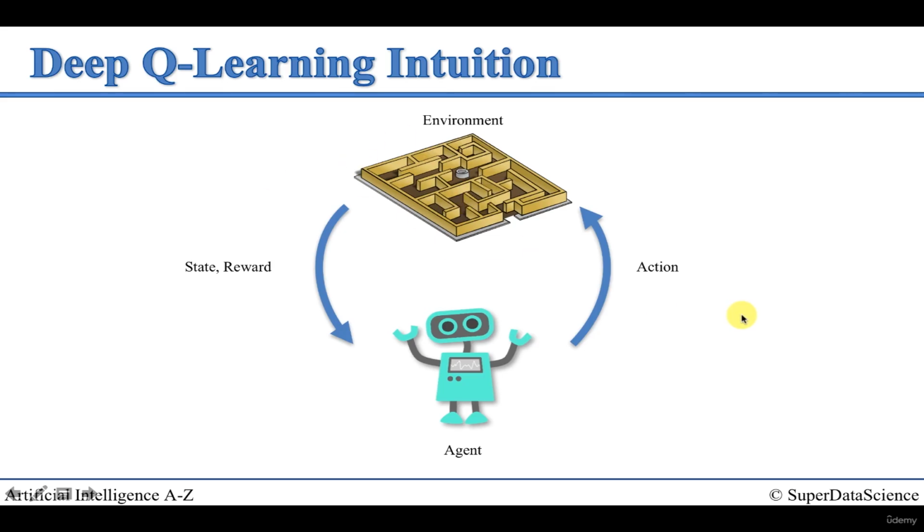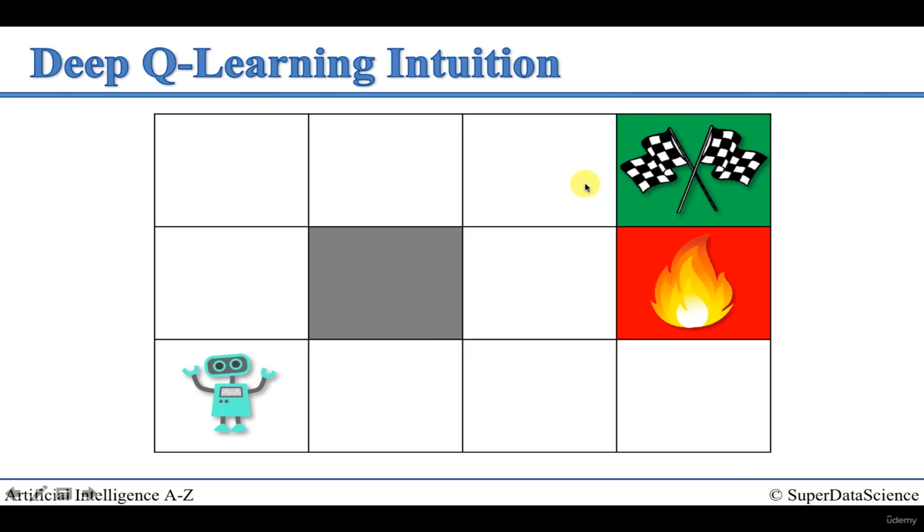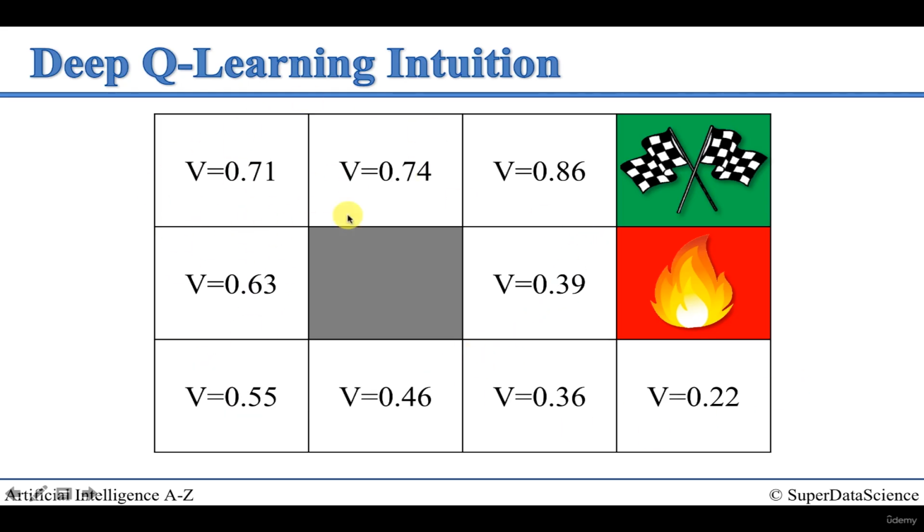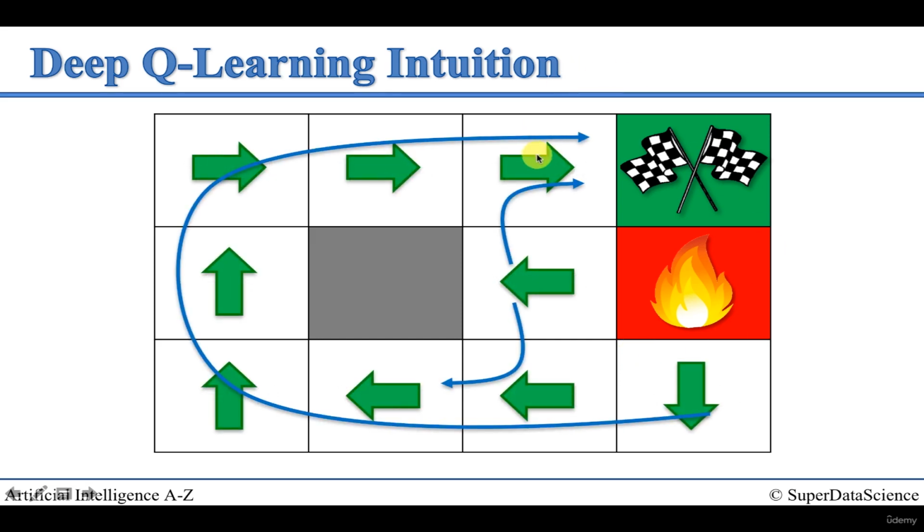And based on that feedback loop, they will continue taking actions and they'll learn from that, understand what are the better actions to take. And so we looked at this basic example of a maze. We understood that as the agent explores the environment, it understands what the values of the states are. Then we moved on from dealing with the values of the states to dealing with the values of the actions or the Q values. And then based on that, we understood how plans in non-stochastic environments work and how policies work in stochastic environments. And this is an example of a policy. So that's a quick recap of everything we discussed in the basic Q learning.